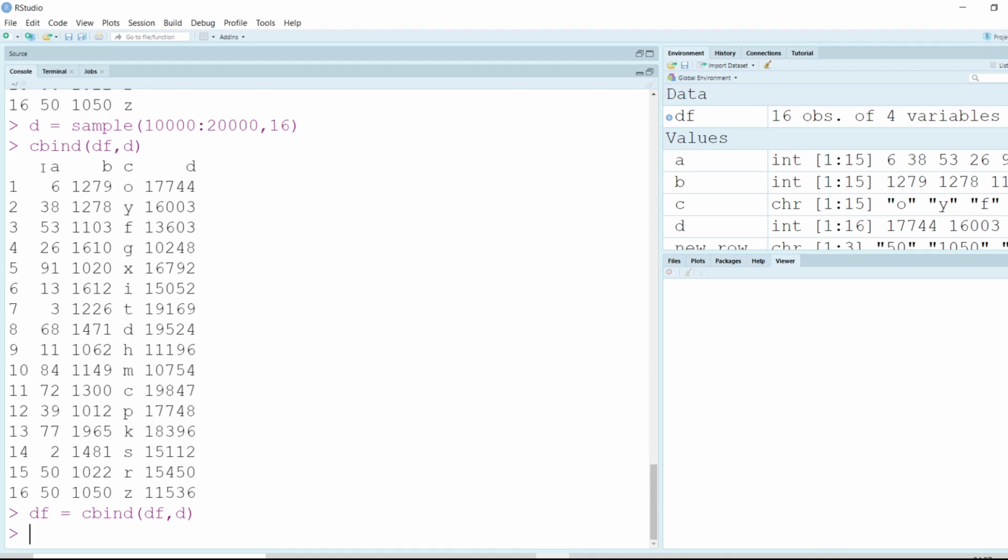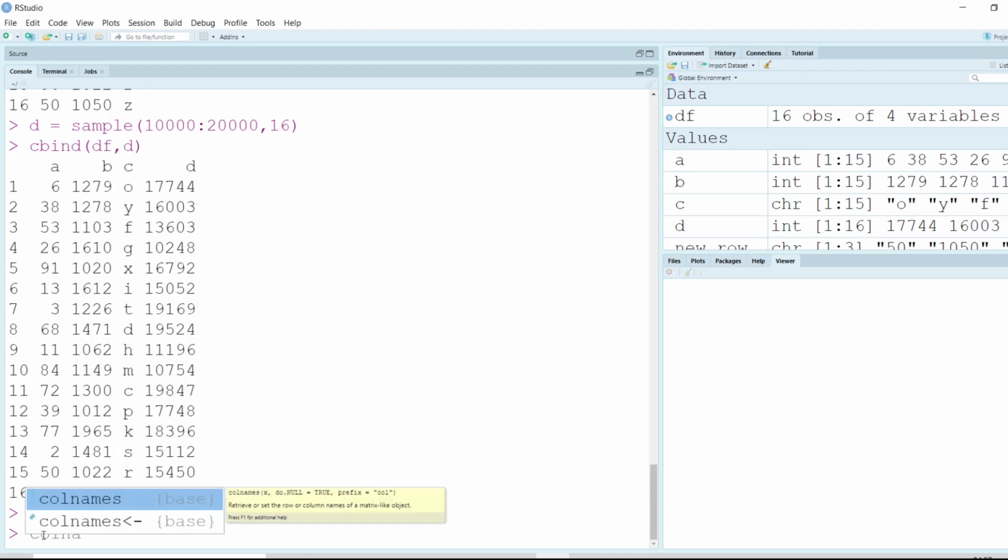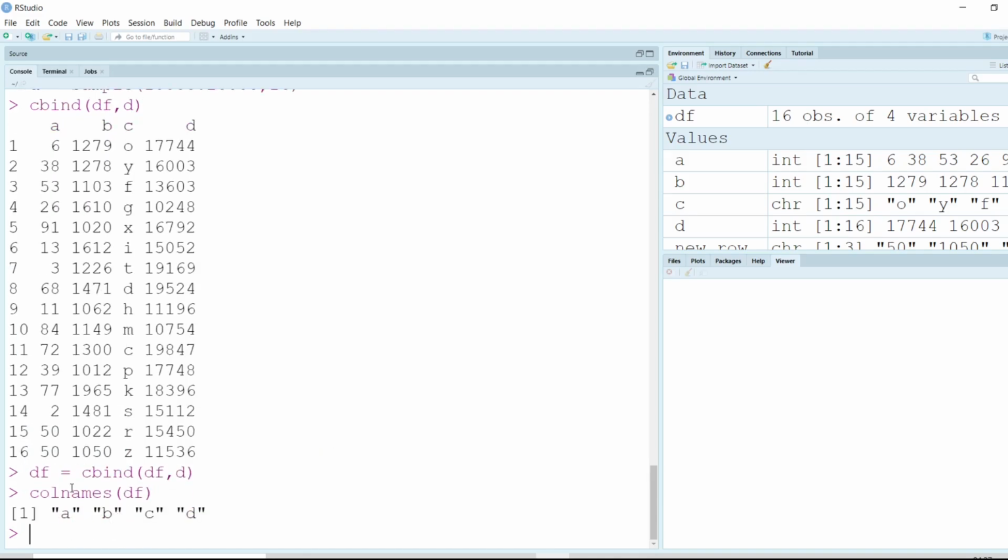Super. Now if we want to change the names of the columns, how can we do that? So we have this function called colnames. If I click on the enter button, the column names are A, B, C and D. Now if I just want to change the first 2 columns, I can do that like this. colnames(df) also appears like a vector of 4 elements A, B, C and D. So if I want to change the first 2 elements, I can just use the square bracket and say 1 to 2.